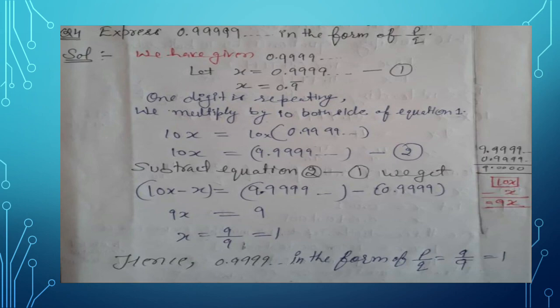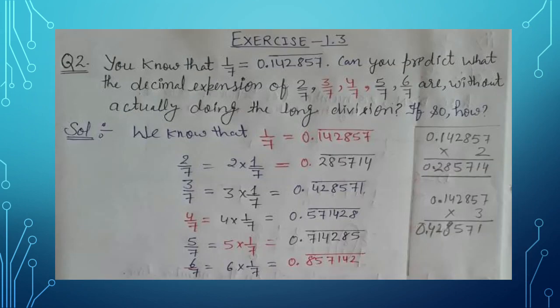Let's take one of the easiest questions. It is your question number 2 of exercise 1.3. If the value of 1 upon 7 is given to you, find out 2 upon 7, 3 upon 7, 4 upon 7, 5 upon 7 and 6 upon 7. So in this case, once 1 upon 7 is with you, then you can find all the values without calculating. As I did in the rough area, you can see, if I multiply 1 upon 7 by 2, then it becomes